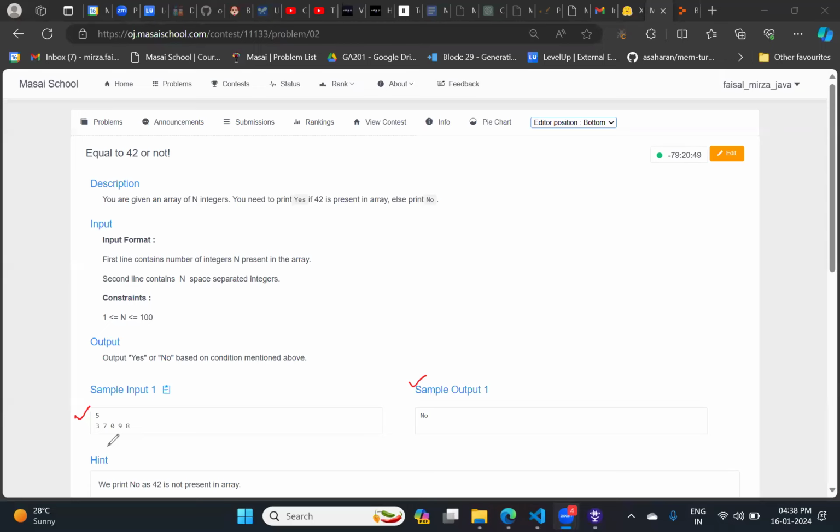Five is the number of elements present in the array, and the second line has 3, 7, 0, 9, 8, which are the elements of the array. My question is: if 42 is present in my array, print yes, or print no. So see the sample input and sample output and tell me how it is coming as a no.